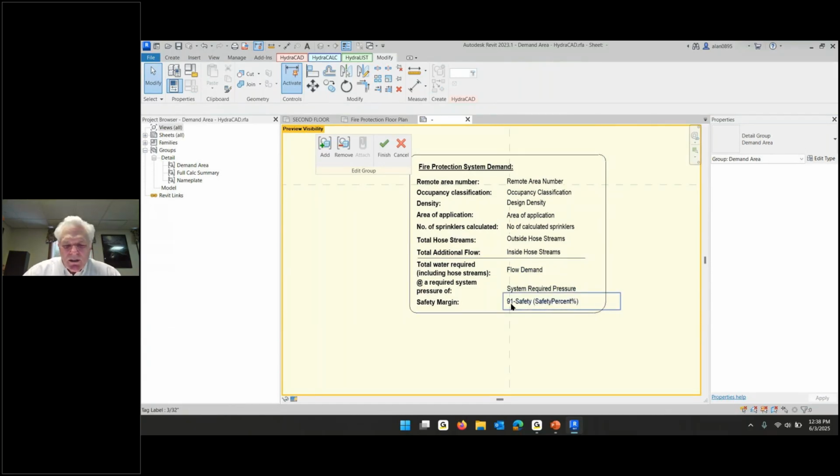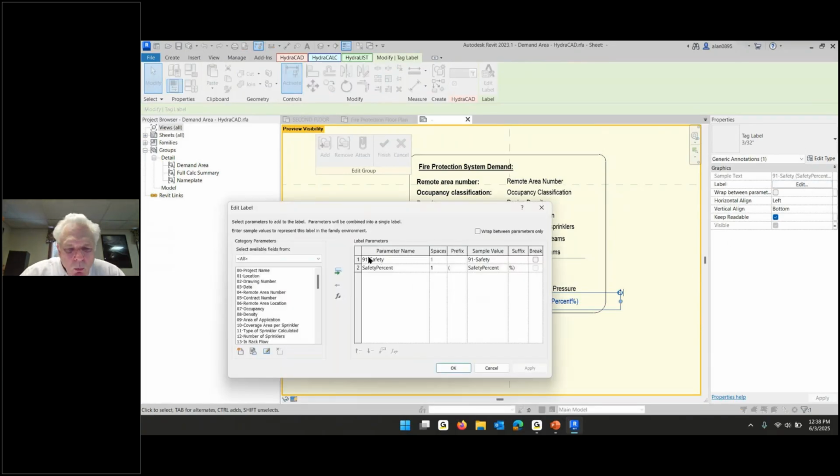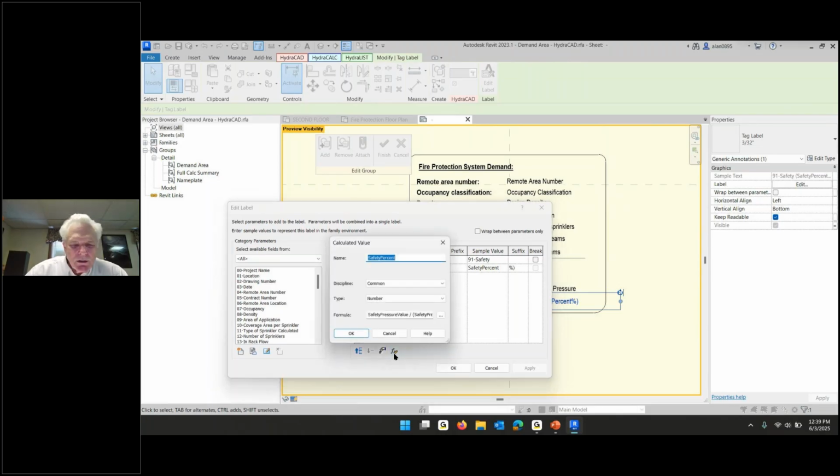And the value that says safety margin, I edited the label, and the label was reporting just safety margin, and I added a new property, and that new property was a calculated property, and the calculated property, I think I can edit the calculation,